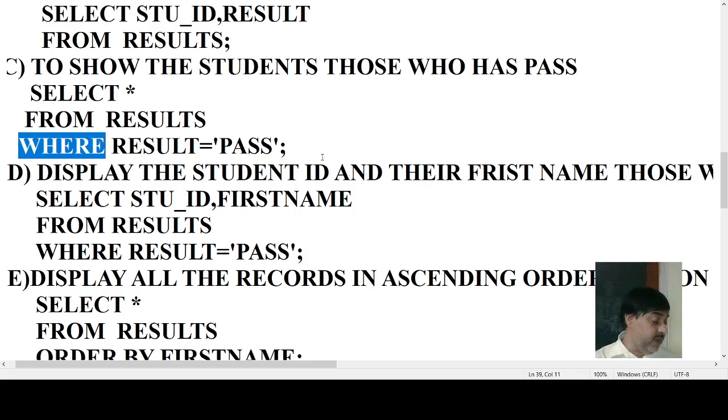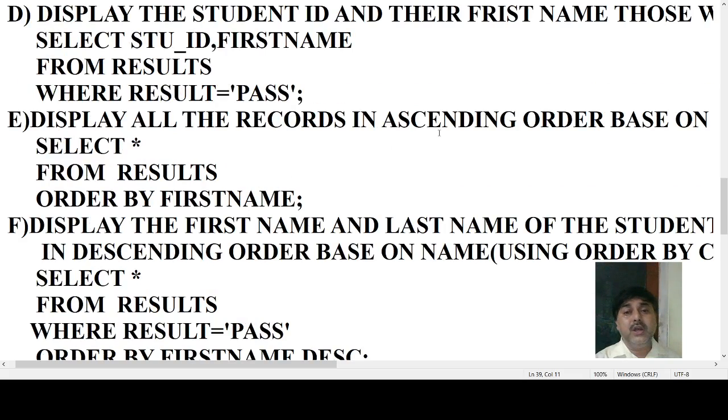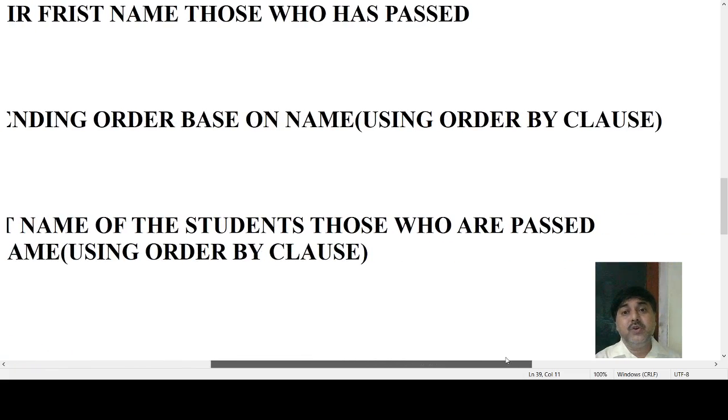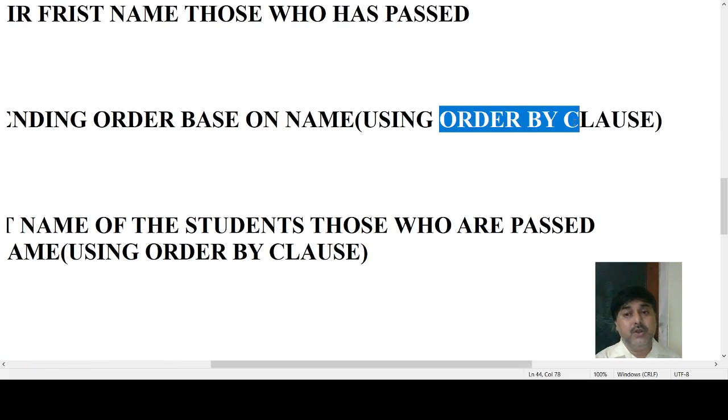Fine. So when we have given these things, next what we can see is to display all the records in ascending order. If you want to do it based on the student name, here we are using the order by clause.